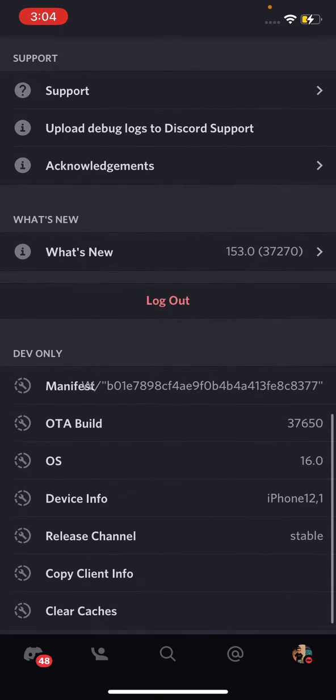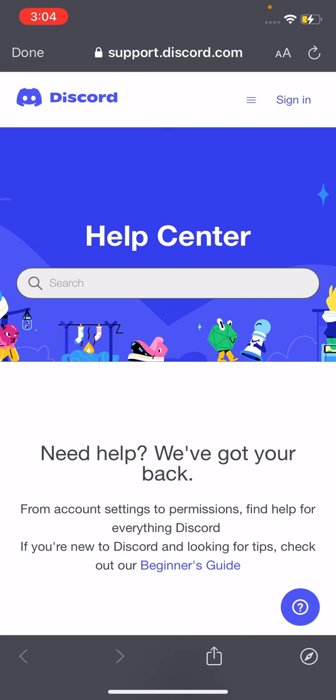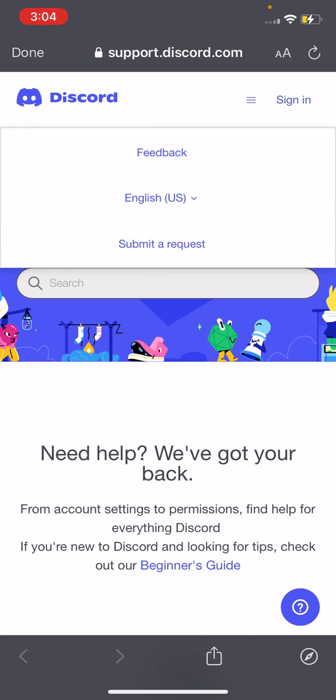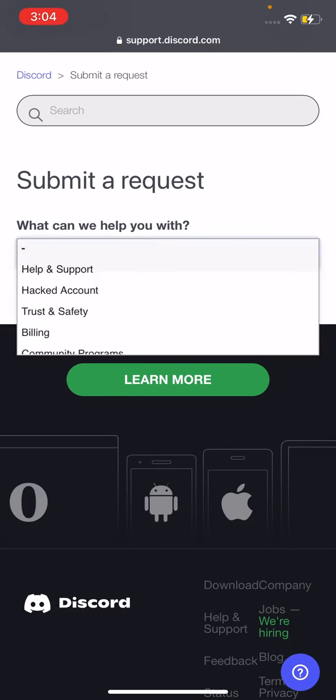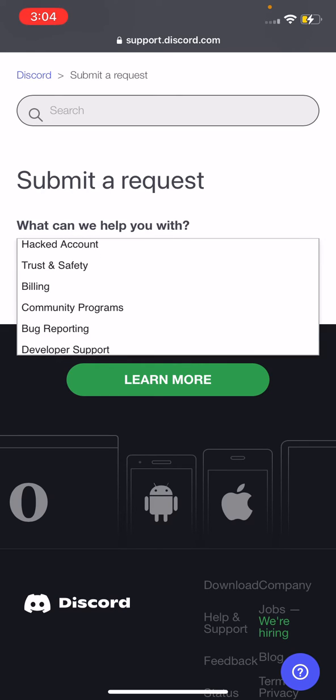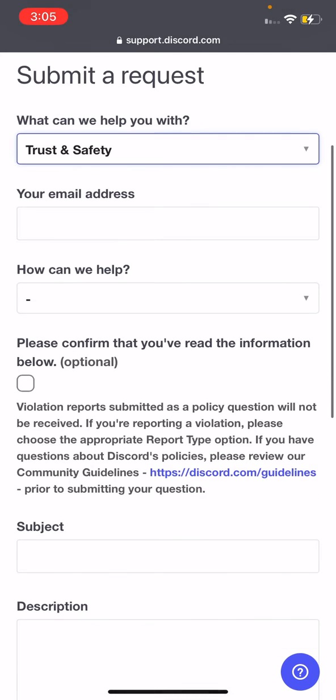So let's just head down till we see support, and now I'm gonna press on the support button. Let's wait for this to load up. And on the top right you see those three bars right next to sign in. Press on that and you press submit a request. Once you've done that, you're gonna select trust and safety under this, and you're gonna add your email address,